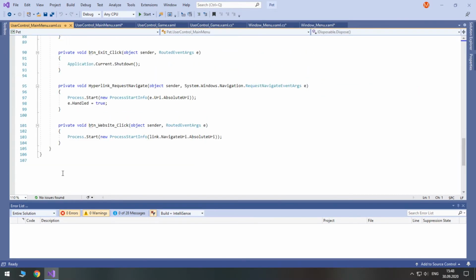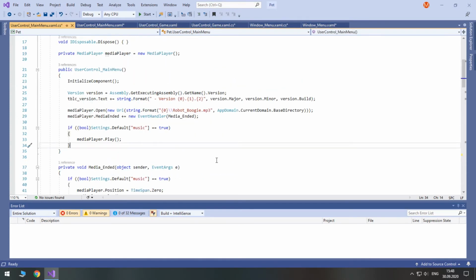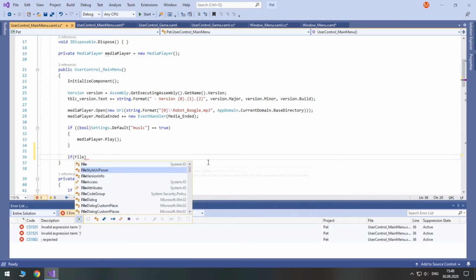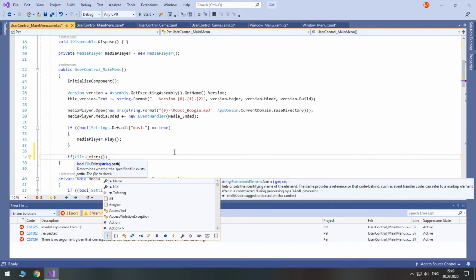First of all, let's remove our redundant button click event. Also, in the constructor, we should check whether the file exists. So if file dot exists, and here we check the path.